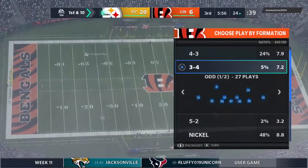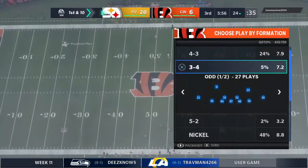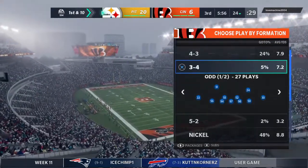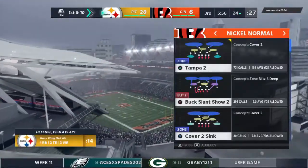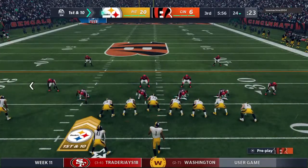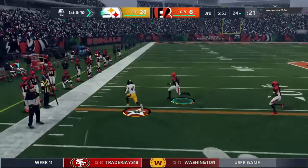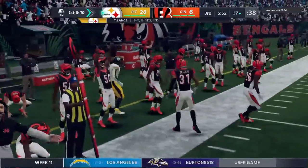Steelers take over 1st and 10 at their own 24-yard line. The Steeler offense here about ready for their next drive. They built a good first-half lead. Now they have a chance to add on to it. And what I'm thinking is that the offensive staff spent the entire halftime just working with them on, here's what we think they're